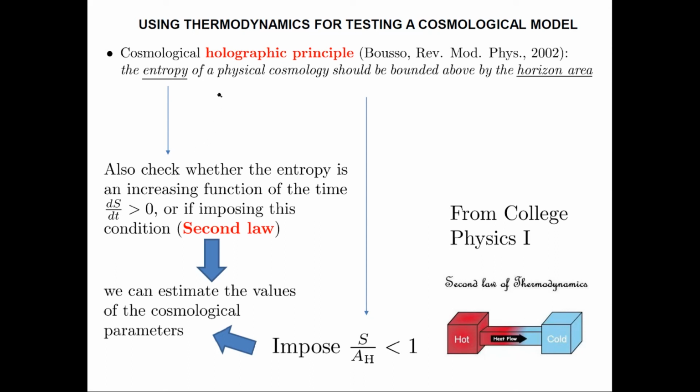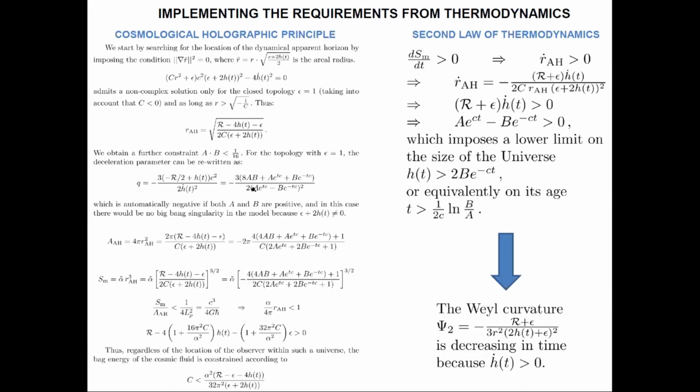So we can expect that these two conditions may rule out the model, or may be trivially satisfied, or, as it will actually happen, they would set some constraint on the cosmological parameters A, B, and C, and so, for example, on the matter density. So let's now move to some more technical aspects.